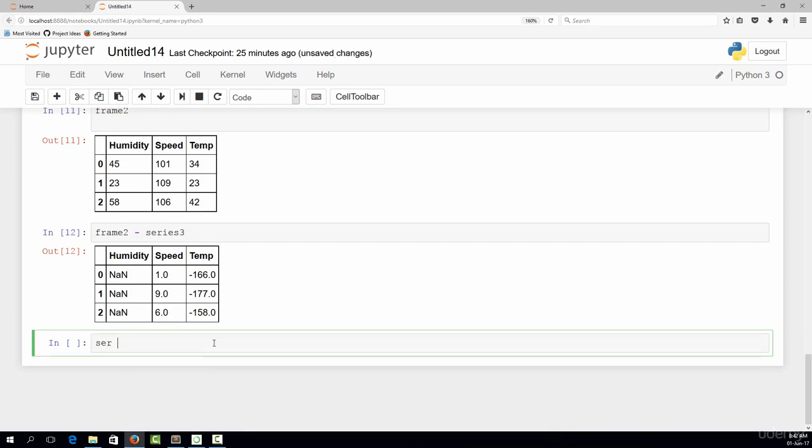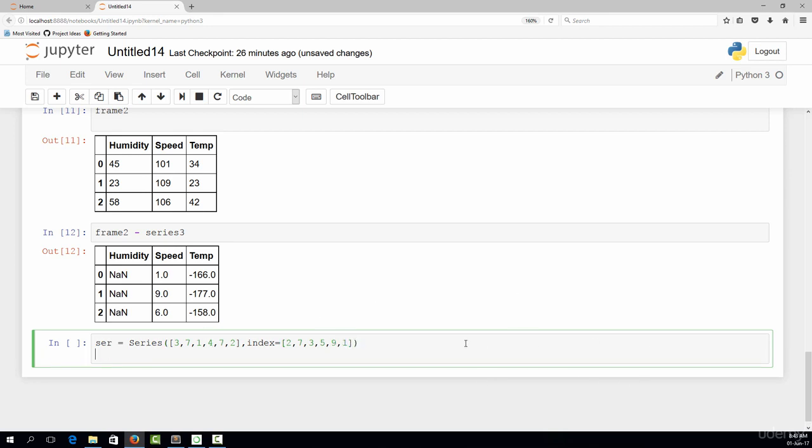We'll type in ser equals Series, and this is going to be a random series with random digits. So let's say 3 7 1 4 7. These are the values, and now let's type in index and create the index as well. That's going to be 2 7 3 5, and let's say 9 and 1. So this is going to be the order of the index,